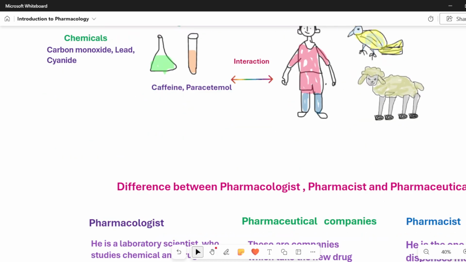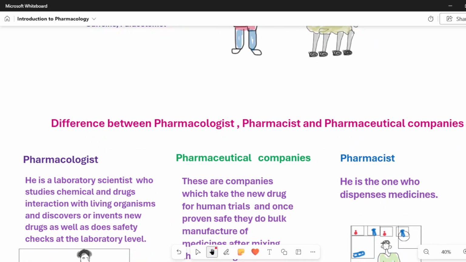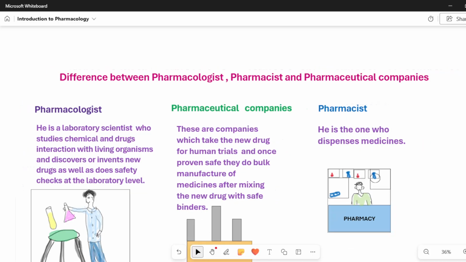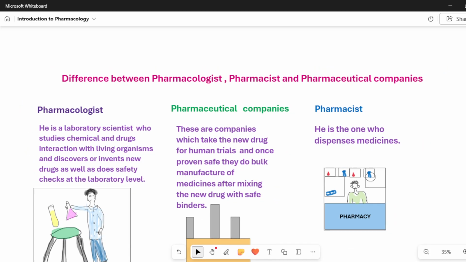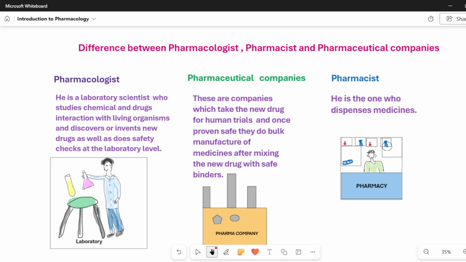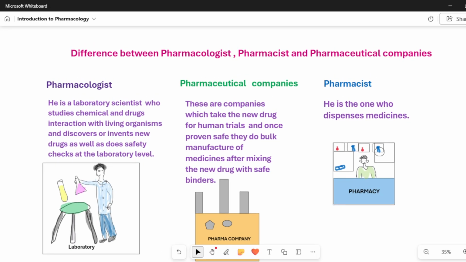Now, there's a lot of confusion about who is a pharmacologist, who is a pharmacist, and we also have the pharma companies. So, we'll try to understand the difference, and what each person does will become clear.